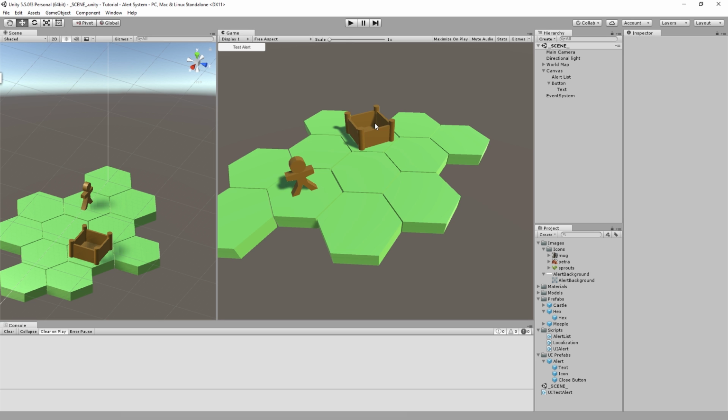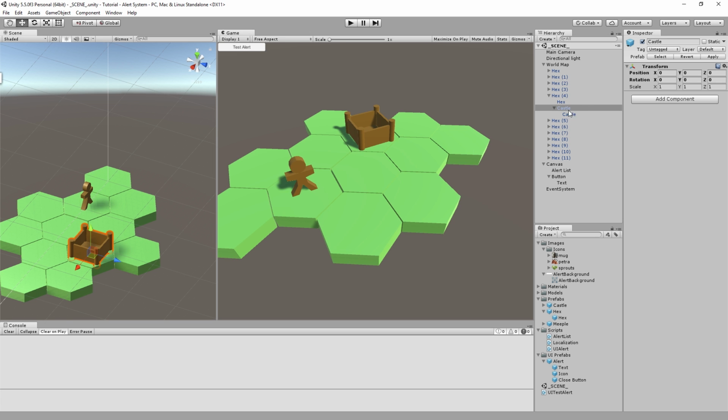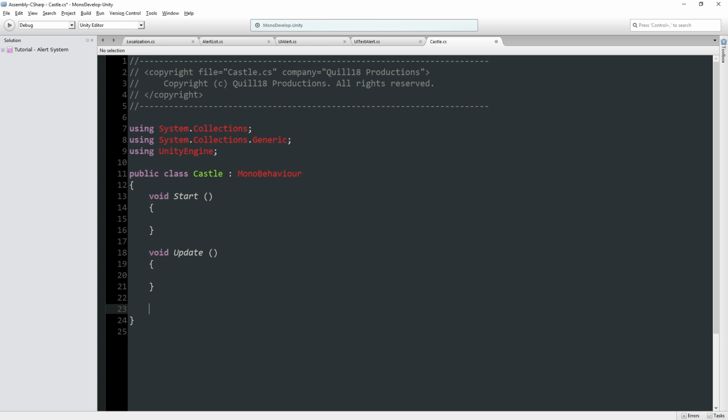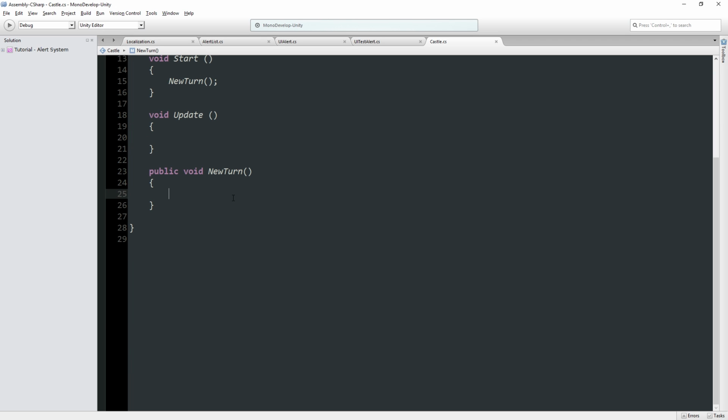And for that, let's set up some sort of situation where our castle over here has its own script. It's got some sort of castle script on it. And one of the things that it does every turn of the game is some sort of function, you know, public void NewTurn, because it's a turn-based game. So on a new turn, by default, we'll just have it run on Start over here. Instead of being triggered by some greater game logic, we're just going to have NewTurn trigger once. On this turn, it does something like call,